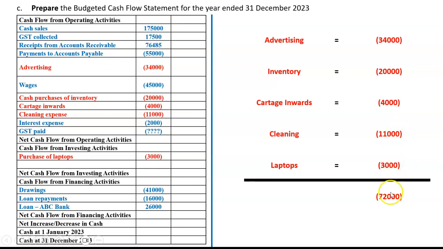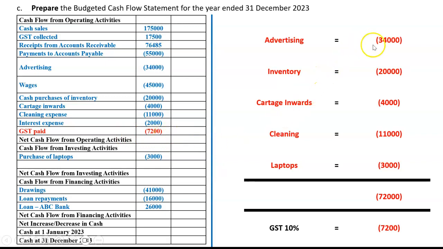So there's payments of $72,000, and they all have GST on them. So if I get GST 10%, 72,000, that is 7,200, and that is the number I'm going to write there. So my GST paid will be 7,200. So my advice would be to always leave that figure till last, and then just add up all the things